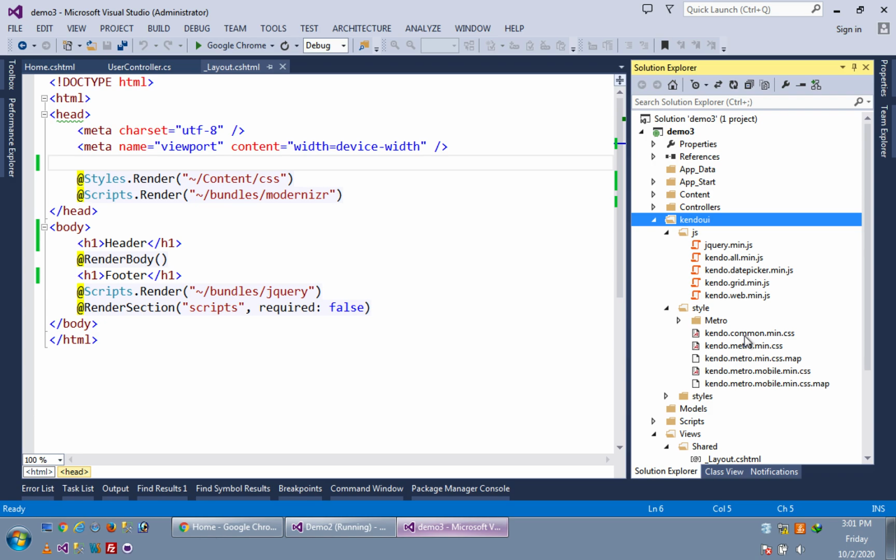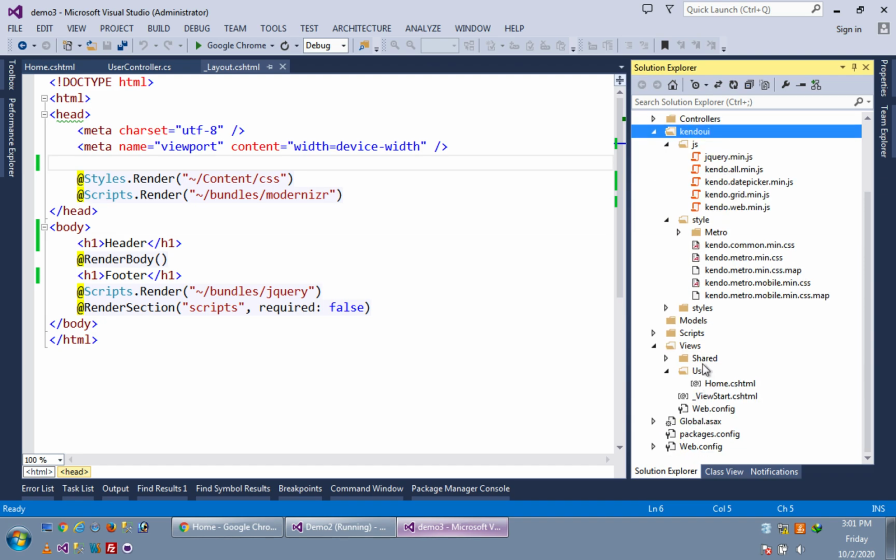All means all the views, right? Whatever views we create here, like if I create another view, user, and in that suppose index.cshtml with the master page layout.cshtml, then it will also add that js and css into that view. So what we have to do is include all the files into the master page, not in all the children. We have to include it only once into the master page.